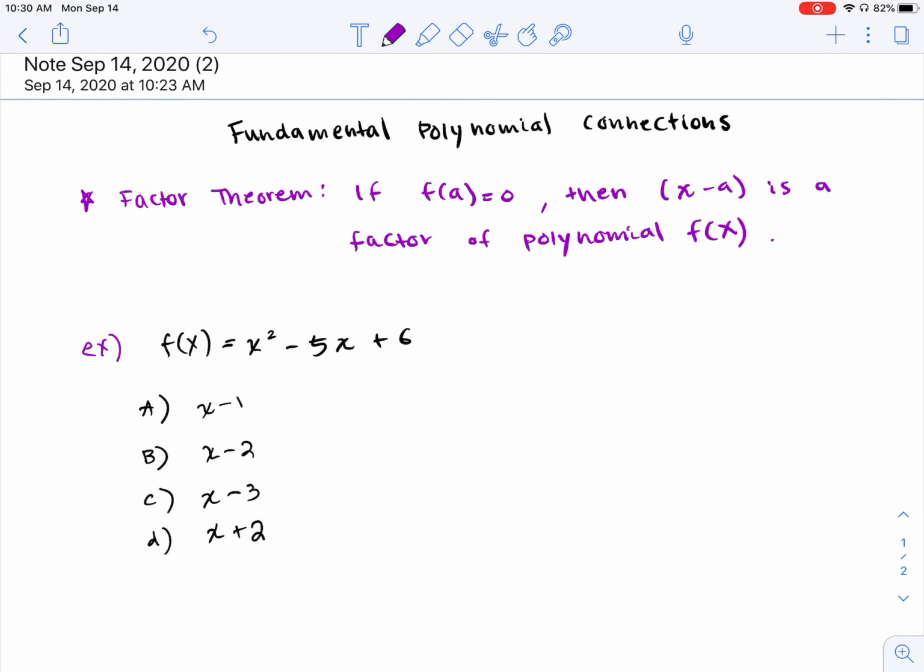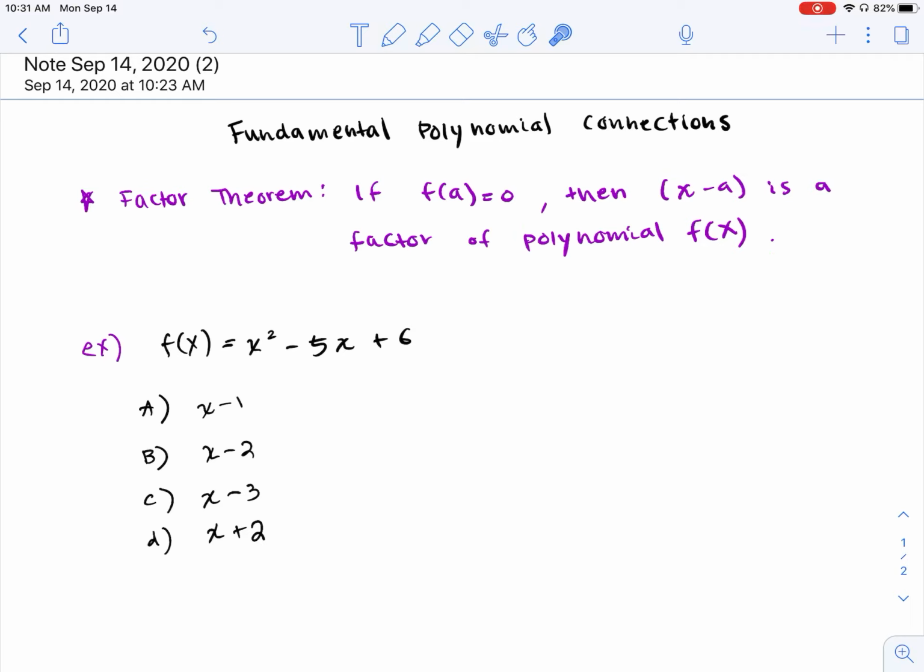Here's a video on fundamental polynomial connections. Before you begin, you'll notice that a lot of questions ask you to use the factor theorem or refer to the factor theorem. So here is first a definition of the factor theorem. The factor theorem says if f of a is equal to 0, then x minus a is a factor of